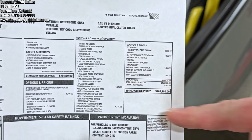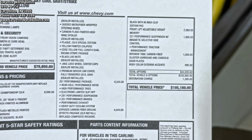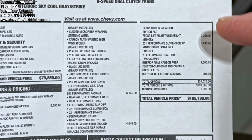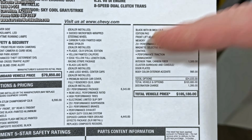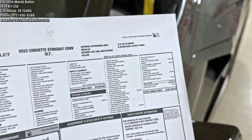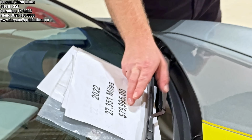All right, I'm gonna take time to show the window sticker on this one so you can see the loadout. It was a very hard loaded, high dollar car for 2022. As you can see, it had a 105,180 sticker. It has the mag ride and the front lift, the carbon fiber interior, and of course the C8.R GTLM Special Edition there. It's 2-owner clean, and we got 27,351 on the mileage, and we got it priced at